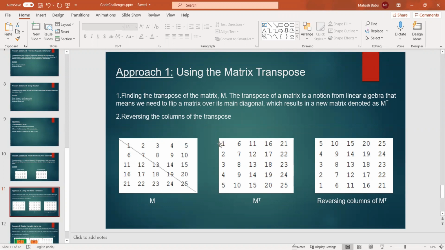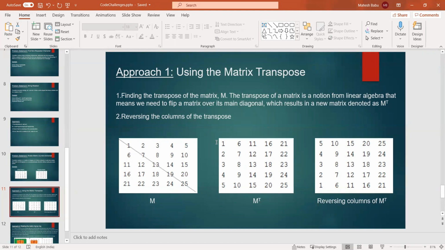The column will be fixed here, and we swap the first row element with the last row element. Then we'll increment the count, go to the second row, and from the other end decrement the count to 4. So 2 and 4 will be swapped.